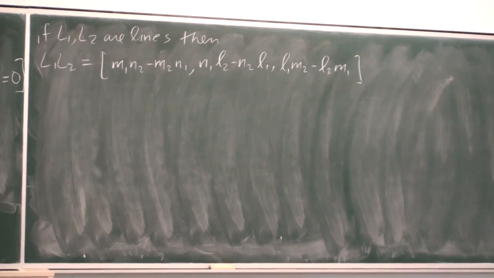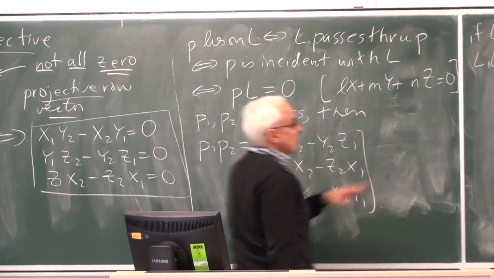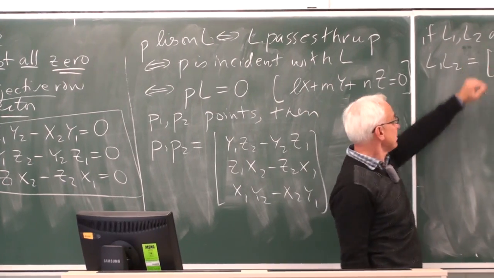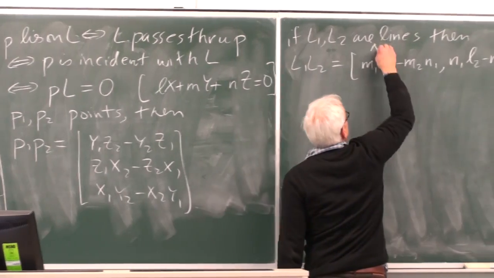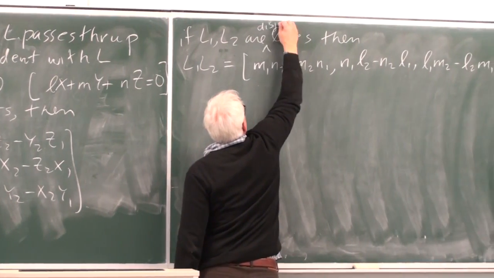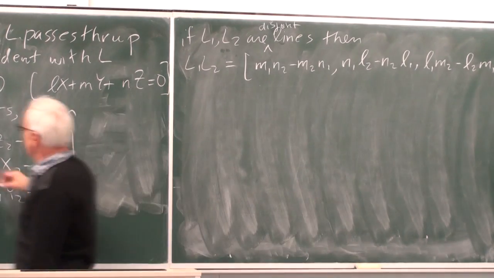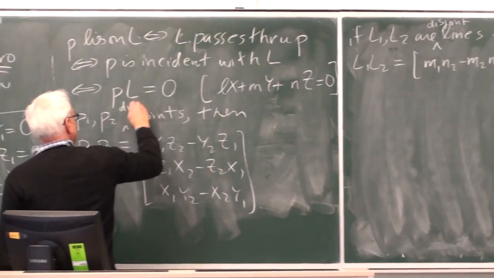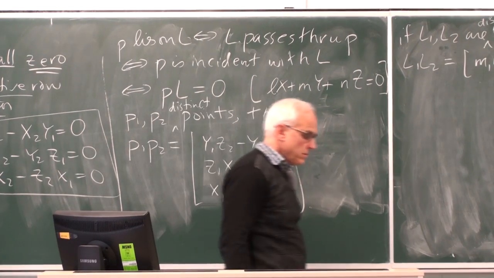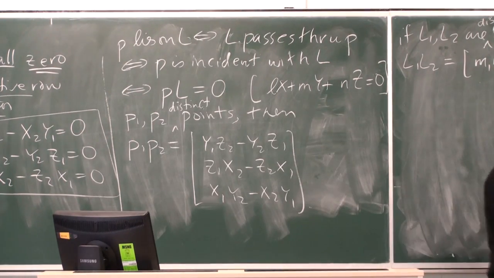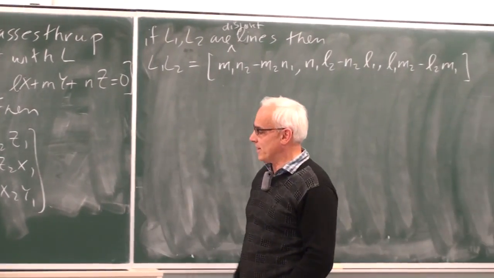And it's these conditions here that guarantee that if these two are distinct lines, or these are distinct points, then this is actually well defined. So I probably should officially say these have to be disjoint or distinct lines. These have to be distinct points. Okay, so that's good. So it also allows us to say a little bit more than I said last time.